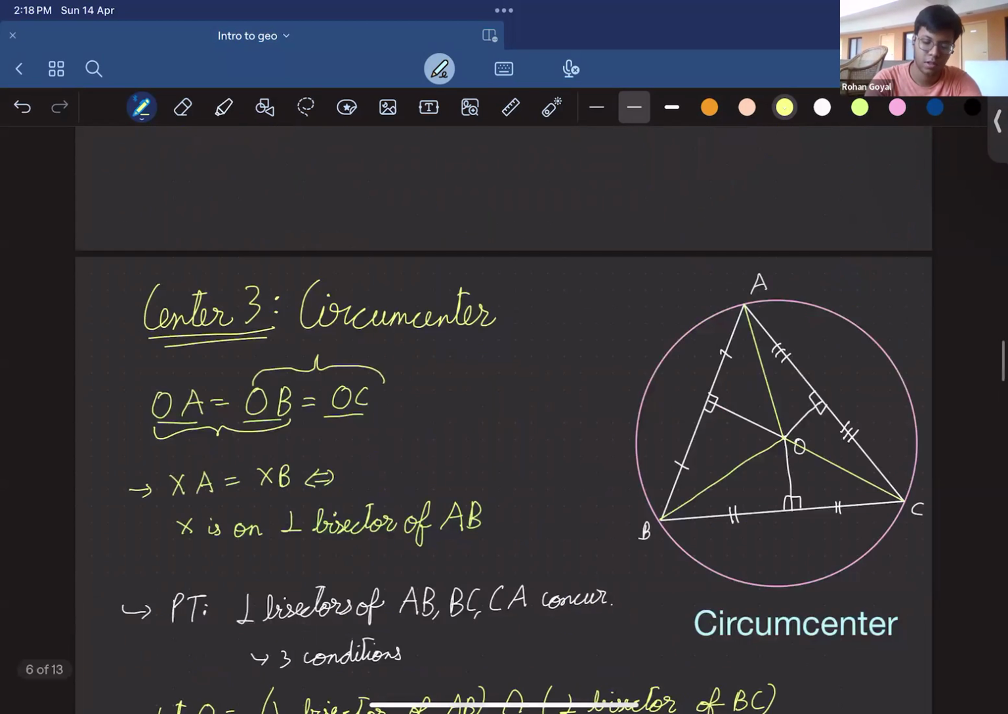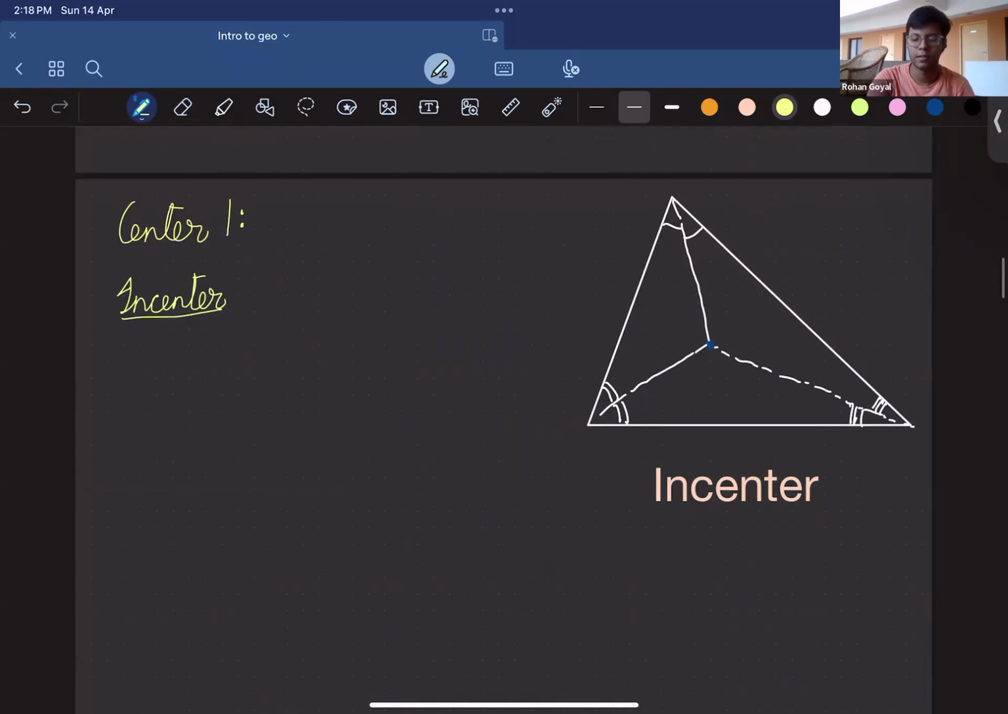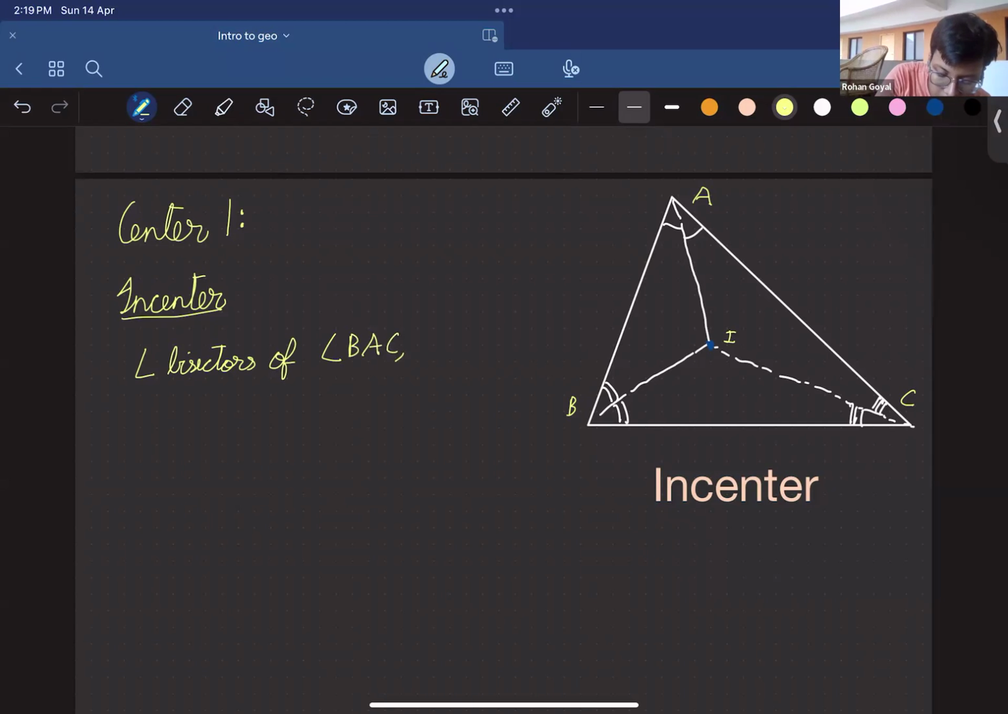Good. So can somebody try to use this kind of idea for the incenter? So what is the incenter? We again have a triangle A, B, C. Now the incenter is a point I such that the angle bisectors of angle BAC and angle ABC,